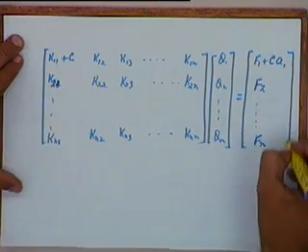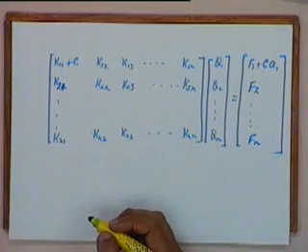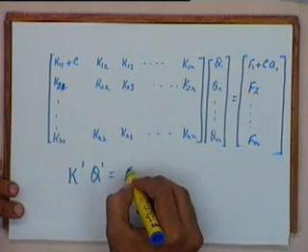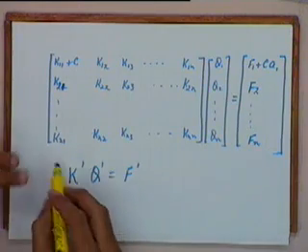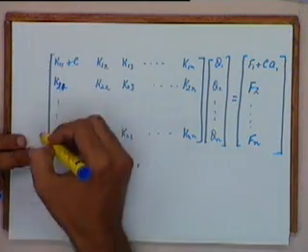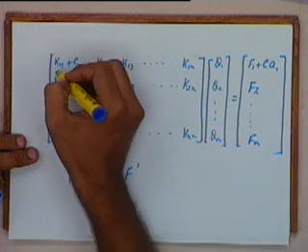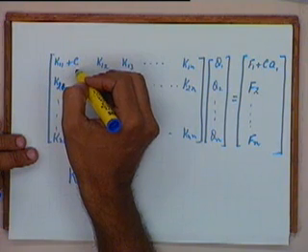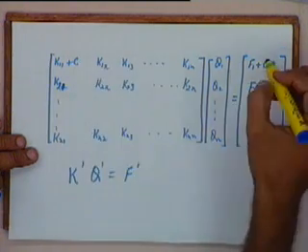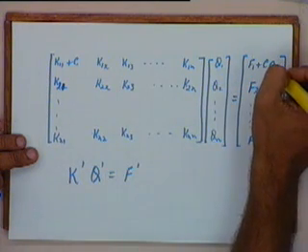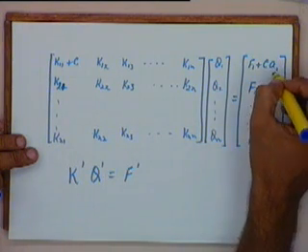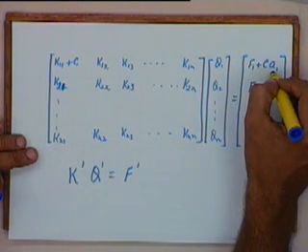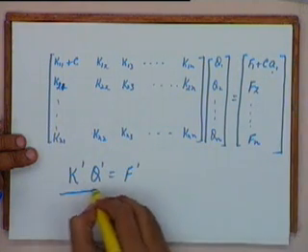So this is a system of equations that we will now get. Again we will write it in a similar manner: K prime q prime will be equal to f prime. But now K prime is obtained by taking the same n by n matrix, and in the diagonal element I am just adding the stiffness of the spring that I have taken, C. And f prime I am getting by just adding C times A1 in the first location. So this is the system of equations that we will have.